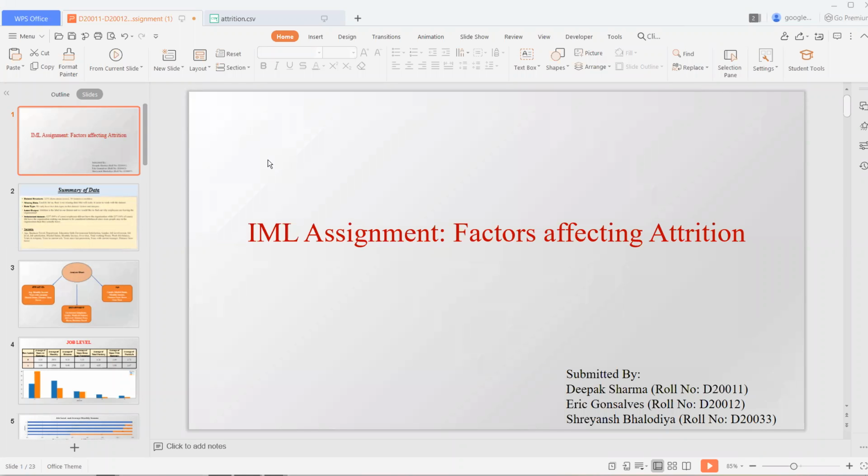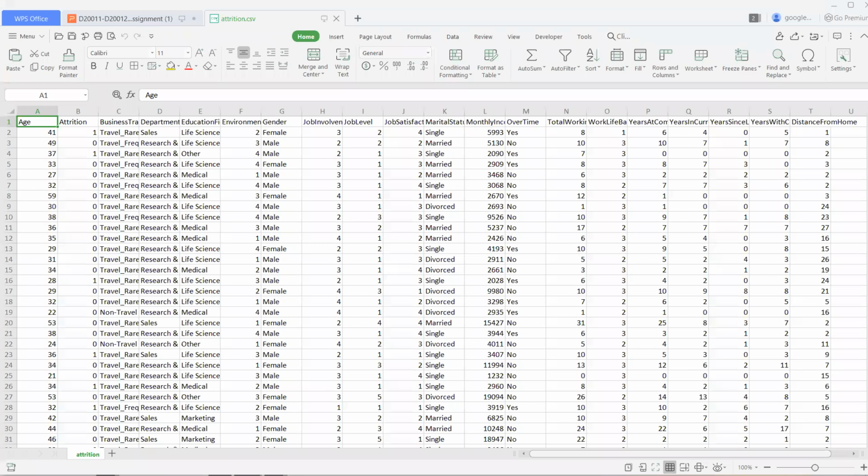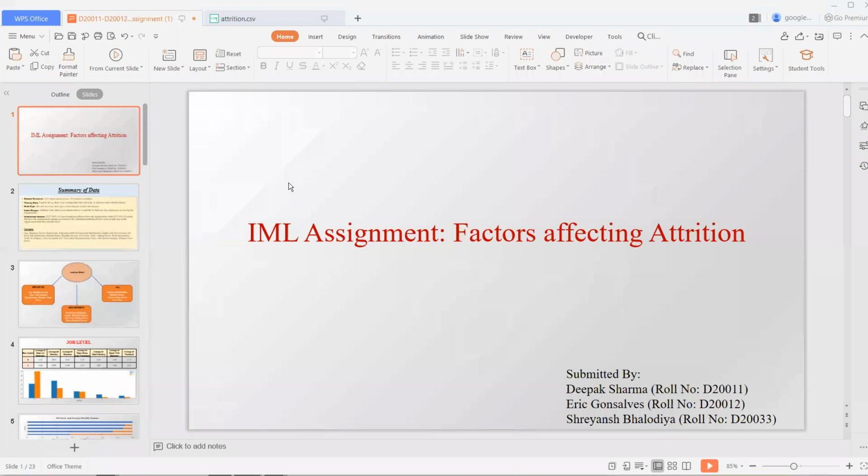Hello, we got a task, exploratory data analysis. This is our data set, and this data set consists of 1470 rows and 20 variables. Basically, our task is to find why the employees are leaving the company, and